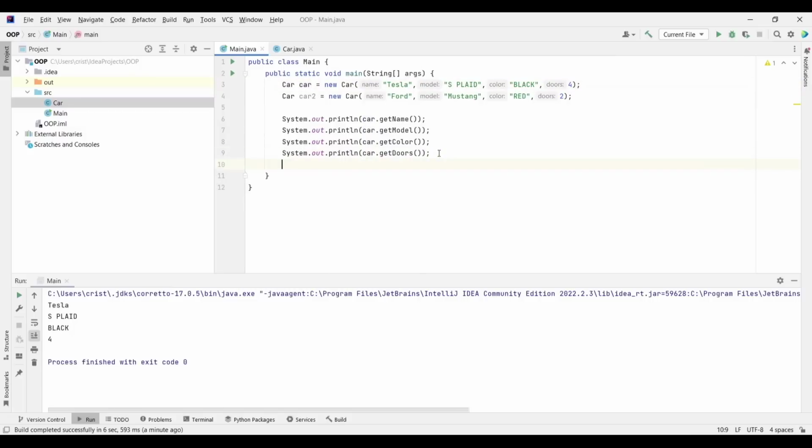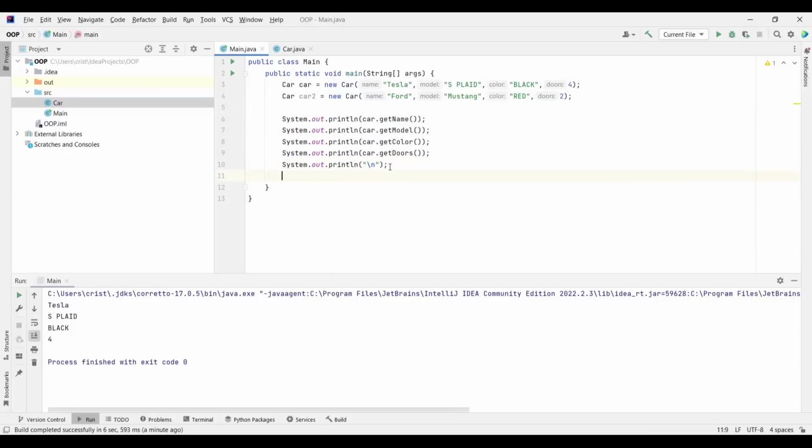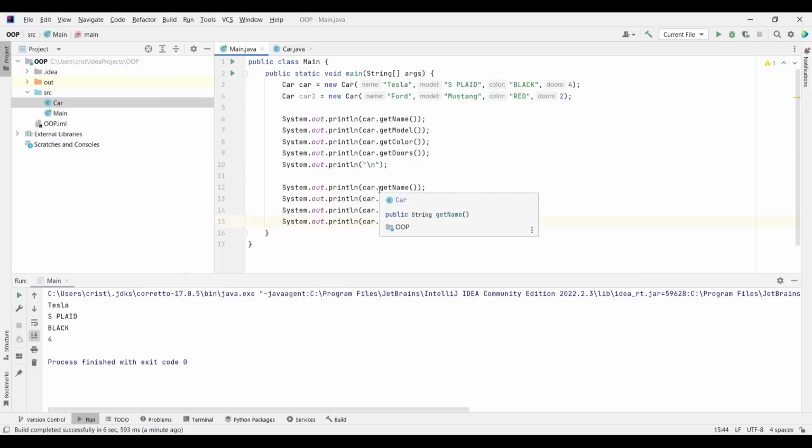So let's add a line between our two prints. So let's put \n, and let's simply copy this code, Ctrl C, Ctrl V, and let's change car now to car 2, because now we're getting the value for the fields of car 2.